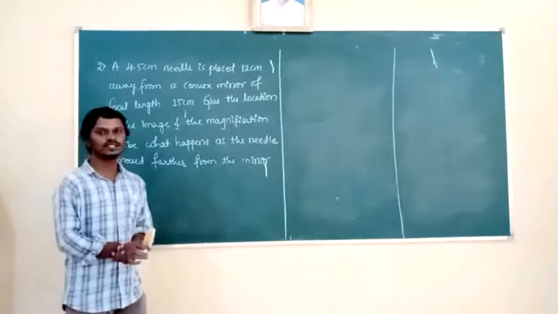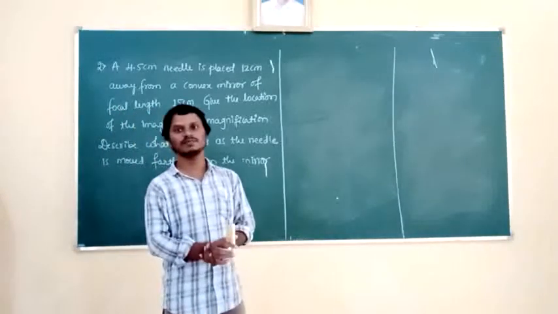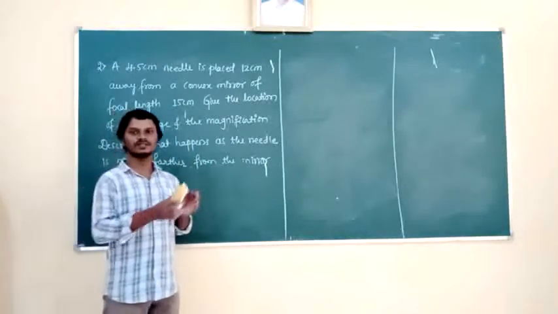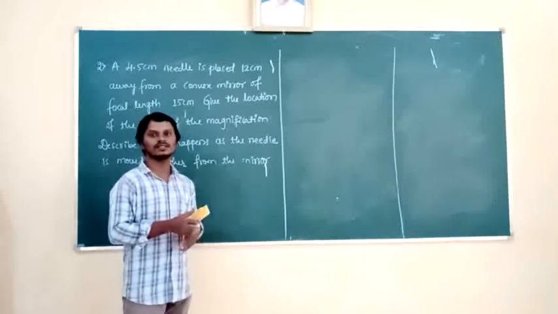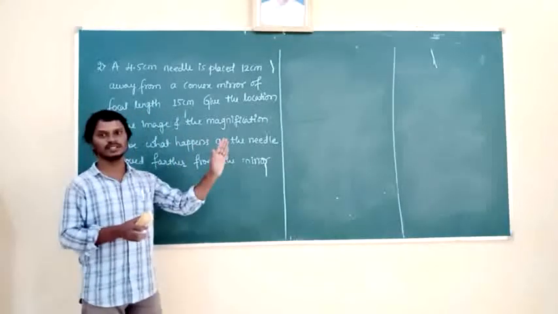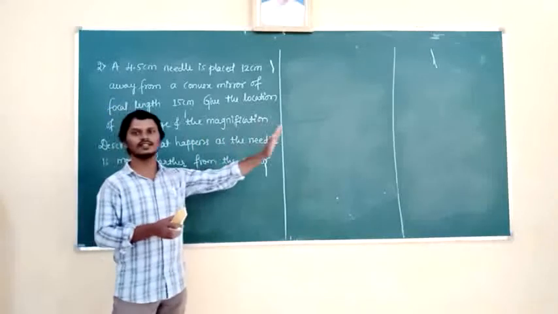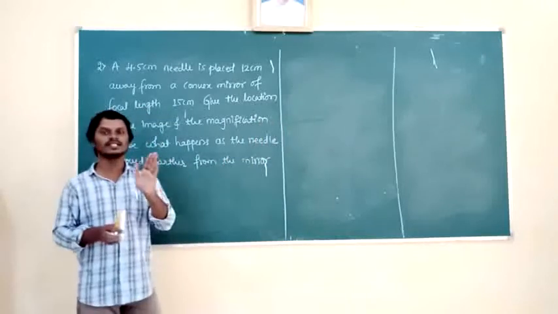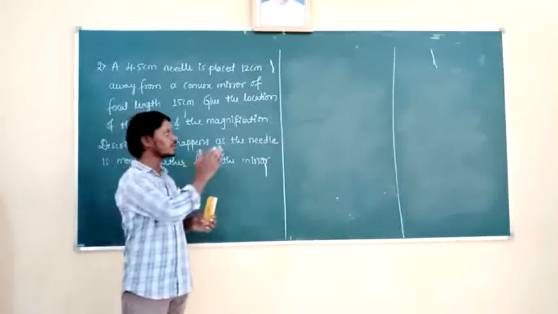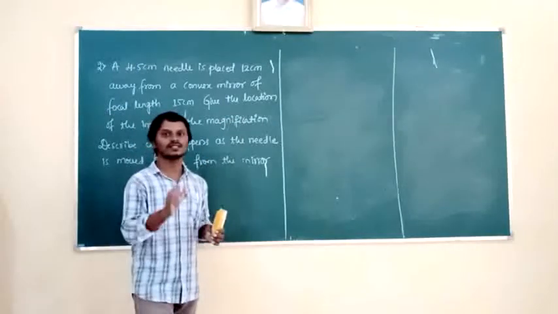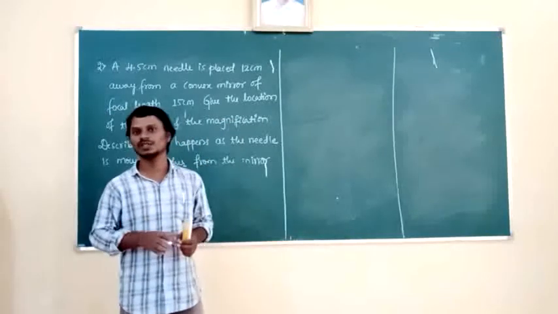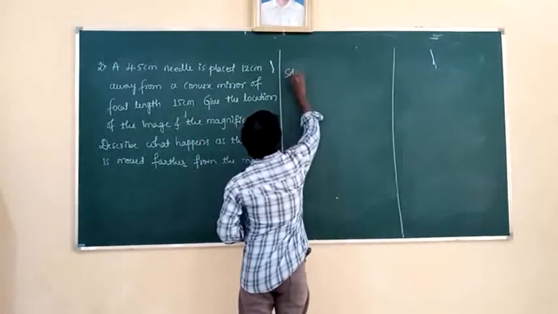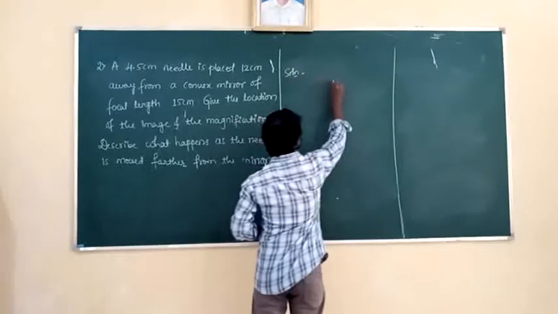So already you studied the formation of the image by a convex mirror. If the object is at infinity, where will its image be formed? Its image is formed at focus. When the object is brought near to the mirror, anywhere between infinity and pole, where will its image be formed? Its image will be formed in between pole and focus, and it is always diminished, virtual and direct. So let us discuss. Solution. Which mirror is given? Convex mirror is given.